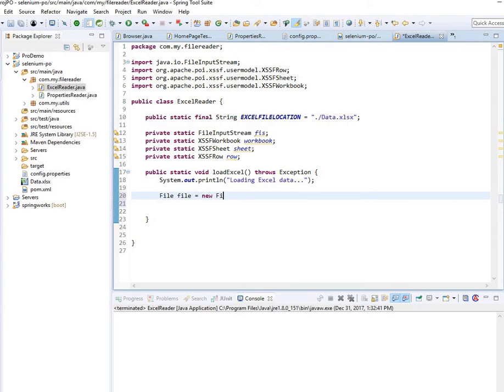Let's go to new file, and here I need to provide this path location. Okay, next thing I need a file input stream which is defined up. So FIS equals new FileInputStream(file), so I give this file here. Okay, next thing, workbook is equal to new XSSFWorkbook,